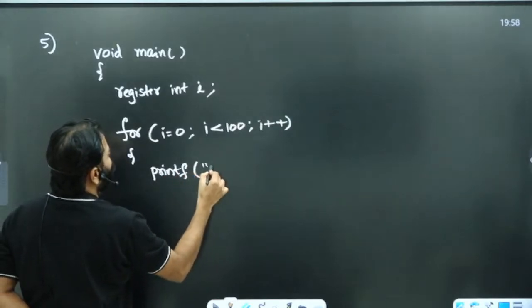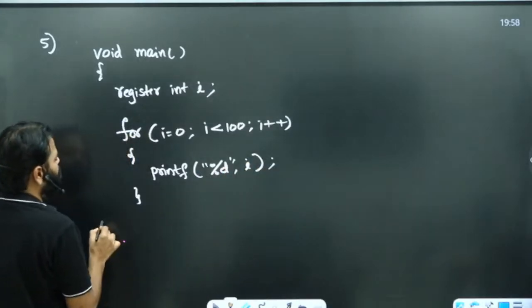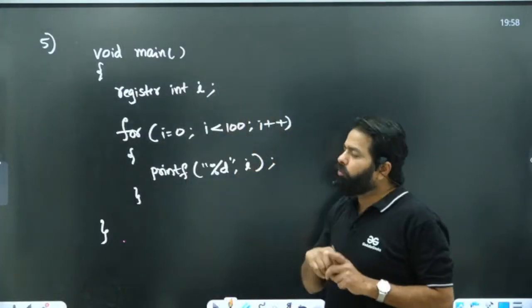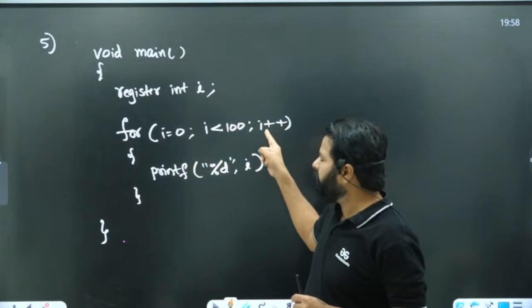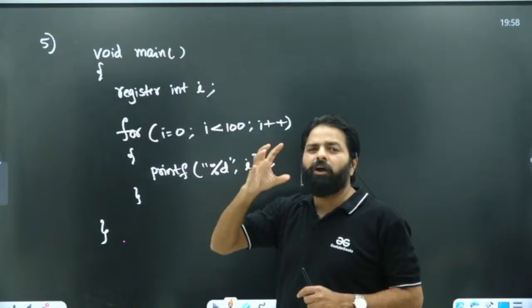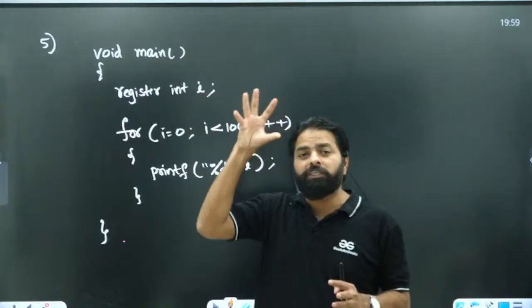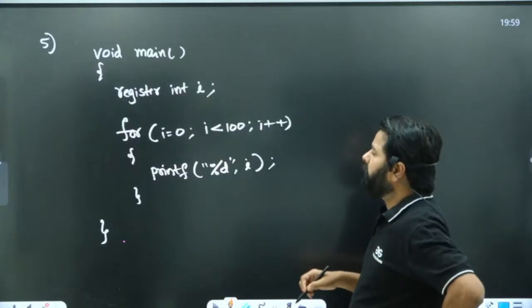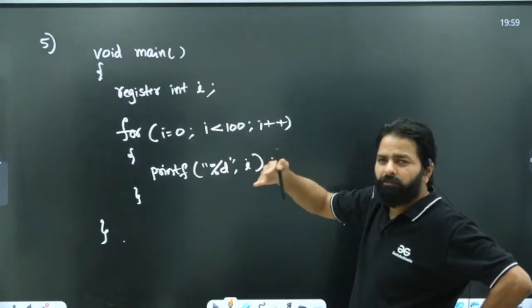This is one advantage of using register. Register also you can declare within the block only, but the advantage is if you keep that I in the register, you are accessing it multiple times. One time, second time, third time, fourth time. Here 100 times I'm entering, so 300 times plus 1 plus 2, so 302 times I'm accessing the I in this execution. So 302 times going to register is far better than going to memory, correct? Going to RAM is slower compared to register. So in this case, I is recommended to be in a register.